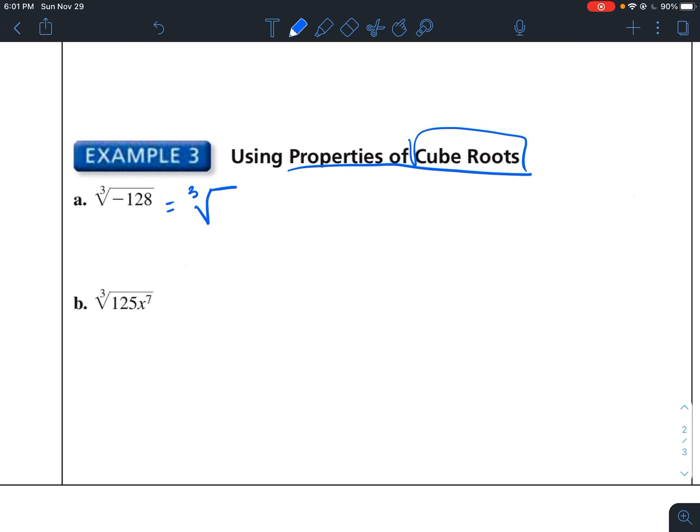Is there a number that we can find multiplied by itself 3 times that will give us 128? I'm not sure if there is, but let's see if we can break it down and simplify it. So we can divide 128. Can we divide that by 2? And divide that by 2. So 128 divided by 2